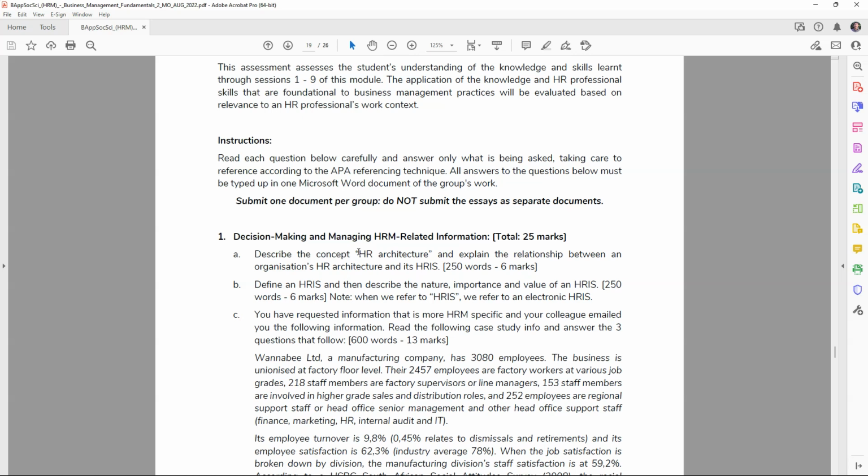Then you've got quite creative license to illustrate your understanding of theories and philosophies and so on. This module is slightly different.